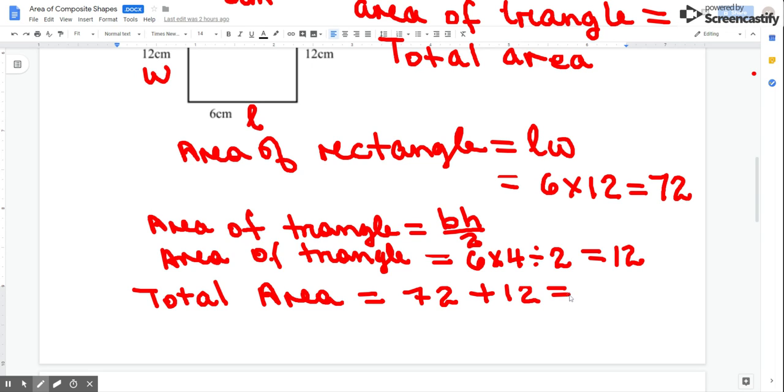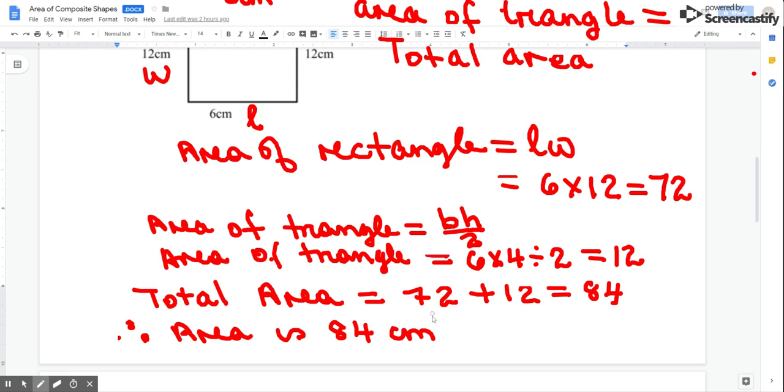And that gives us 84. And now to include our units, we write our therefore symbol. Area is 84